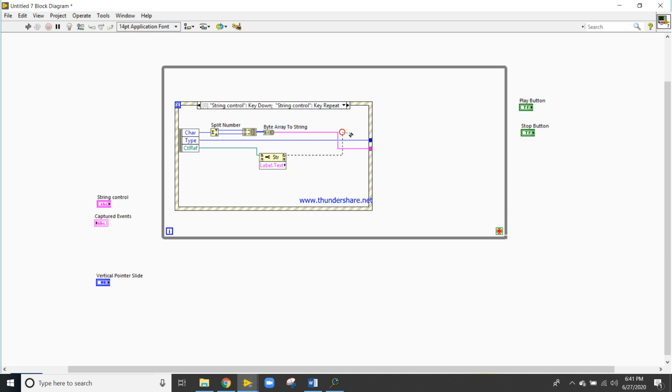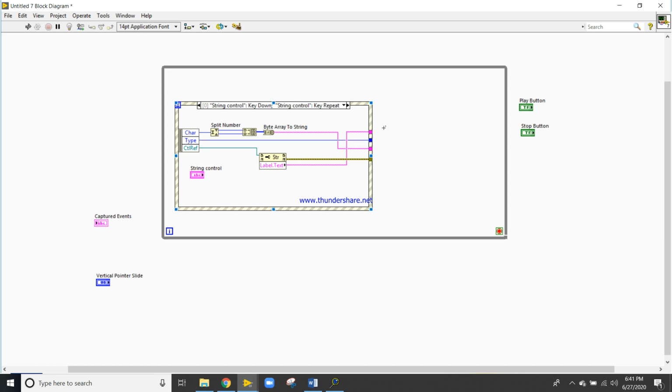Now we can transfer the label here. After that take the error outputs and place the string control here. In the one event there are two operations: one is the string control key down and second is the string control key repeat.